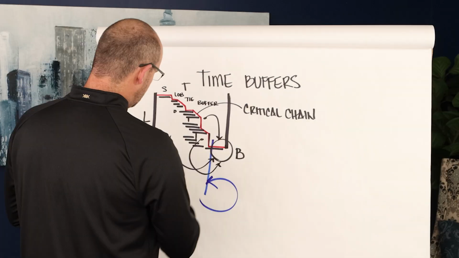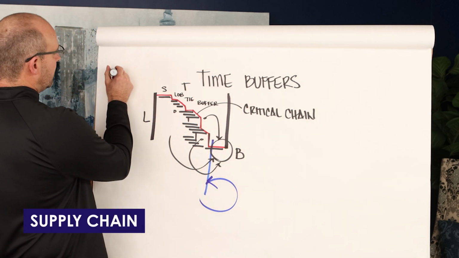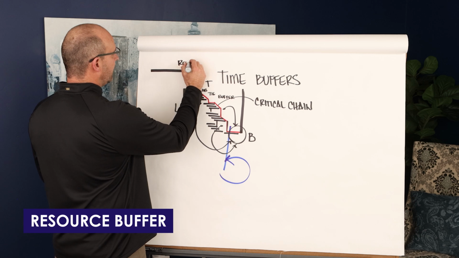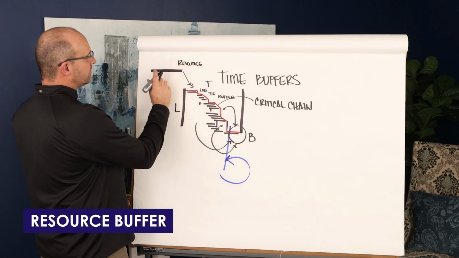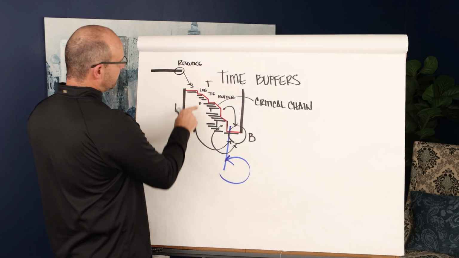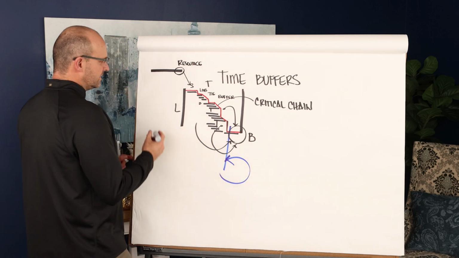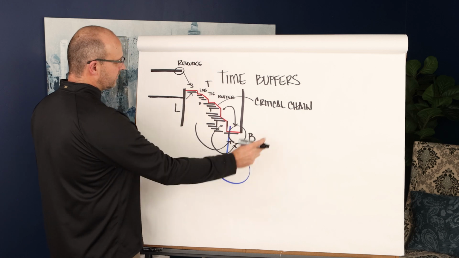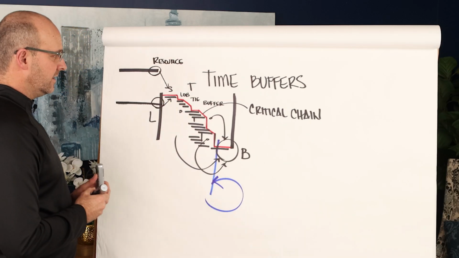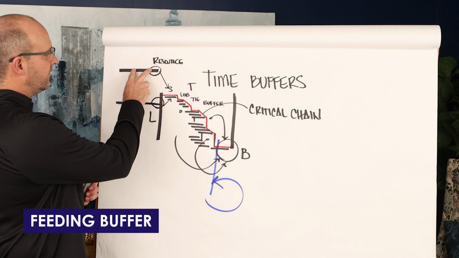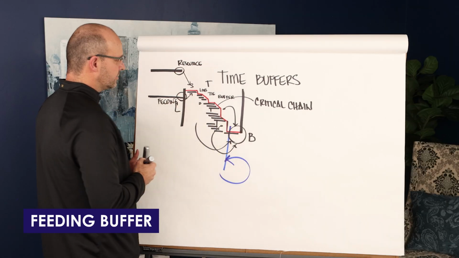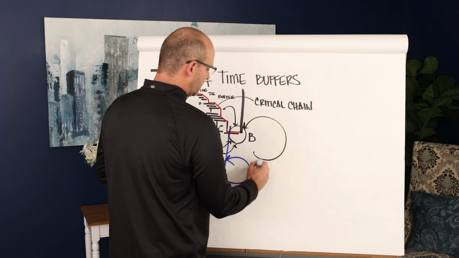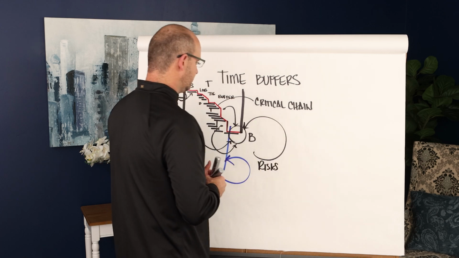Now let me say this, you'll also have supply chains. So you will have a supply chain that feeds this. This is called a resource buffer, and what that means is that if you have a supply chain, you must have a buffer at the end of the supply chain before you feed it. The other thing that I would say is, let's say that there's a timeline, something else that feeds into your path of critical flow, you must have the buffer on the end of that. That's called a feeding buffer. So feeding buffer, resource buffer, and then you'll have the actual project buffers. We call this a calculated end buffer, and this is mainly to absorb the risks of the actual construction project.